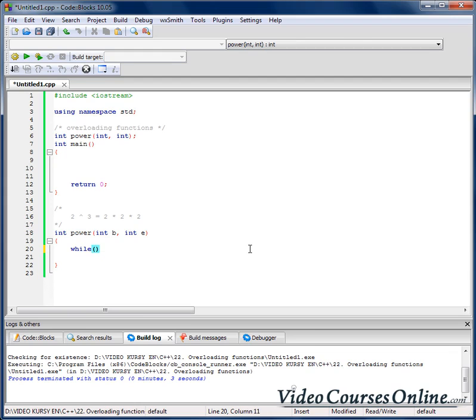So while, for example, E is greater than 1, we are going to multiply what? B equals B multiplied by what? We want to multiply it by the base. Right now we have the base here, but we are right now assigning something to the base. So we are